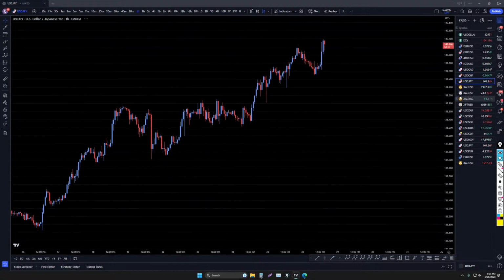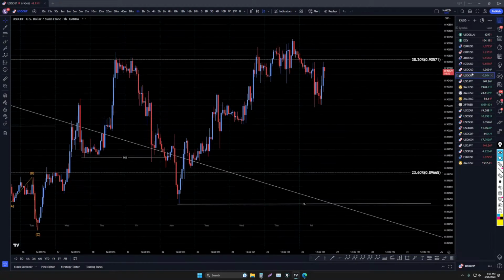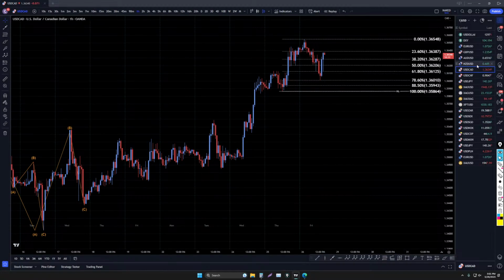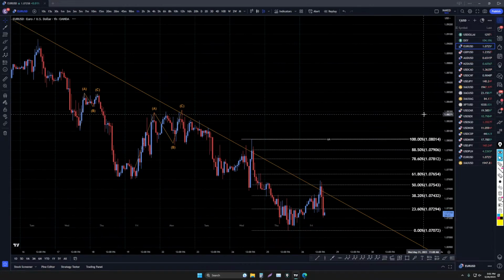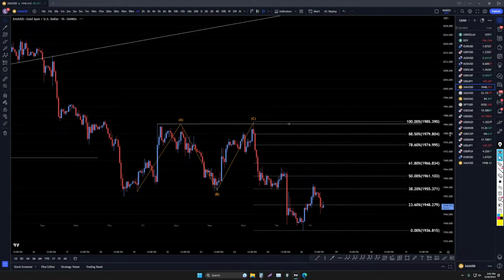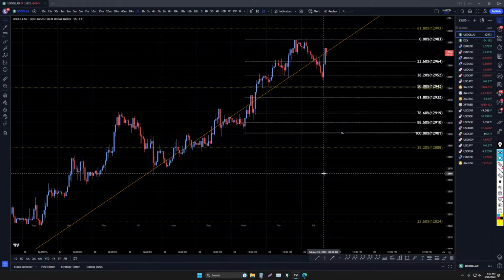But I think there would have been some better choices, like the US dollar yen would have been a much better choice. US dollar Canadian may still be a better choice, and the Kiwi I think would have been a better choice also. Maybe even the euro dollar. And gold, gold really looks like it wants to go up if you ask me. I mean, that looks like a trend, followed by a correction, followed by a trend. So this one kind of looks like it's ready to go up. That's why I feel like the dollar is really just on its last little leg up. I feel like the dollar is going to make a turn probably within the next hour or so.